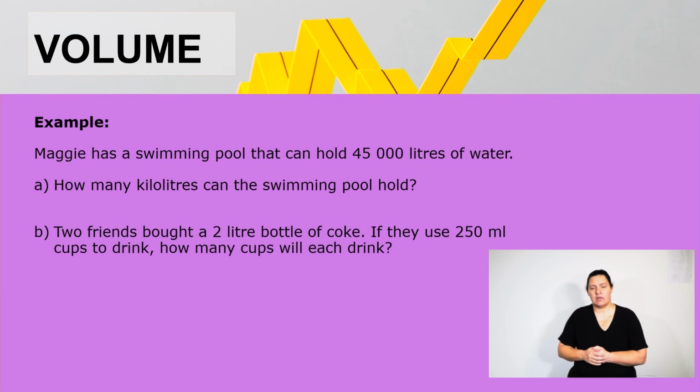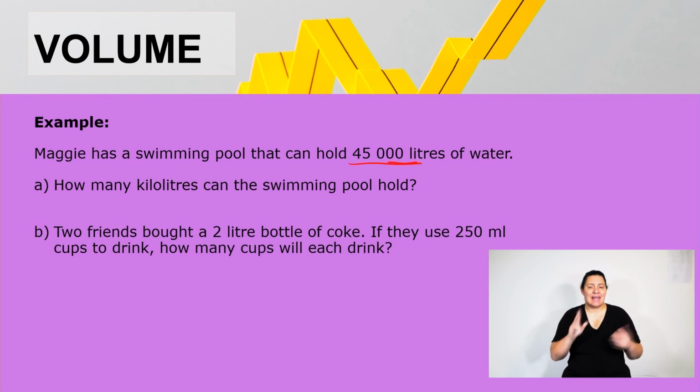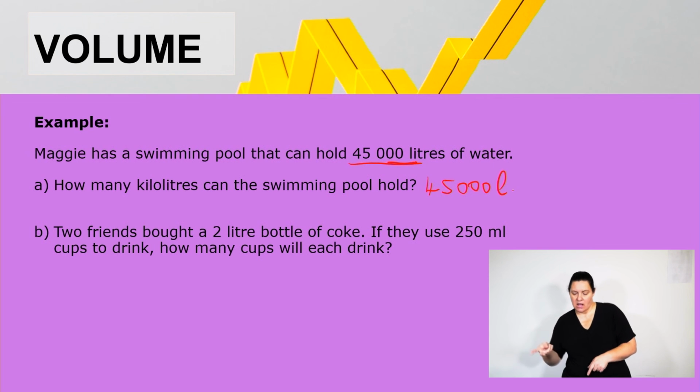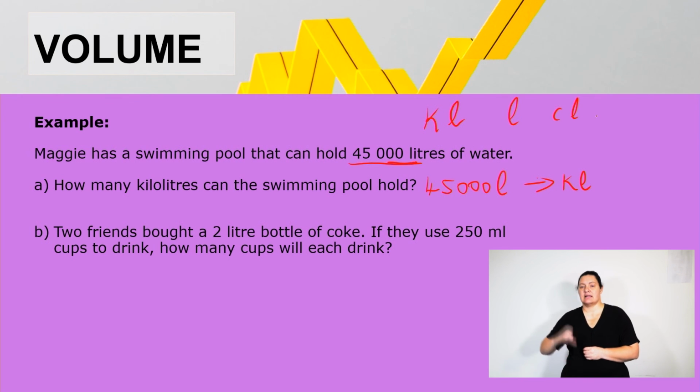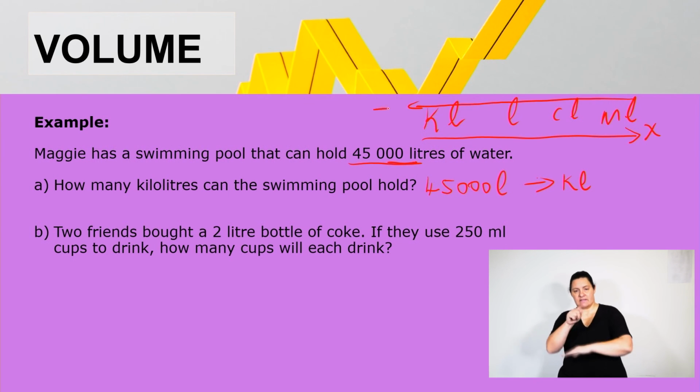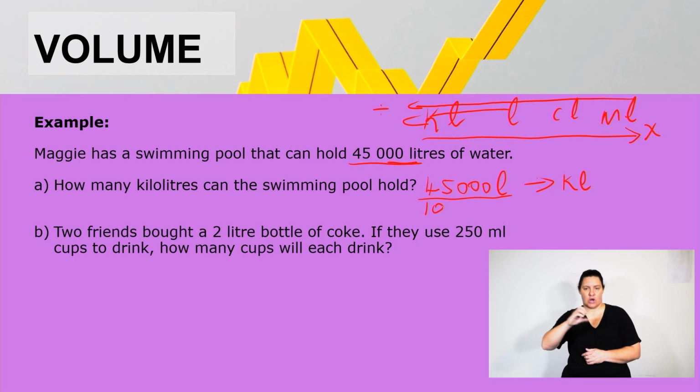Here is a question. Maggie has a swimming pool that can hold 45,000 liters of water. How many kiloliters can the swimming pool hold? In other words, we are required to convert 45,000 liters to kiloliters. So remember here we have kiloliters, liters, centiliters, and milliliters. We multiply going one way, and going the other way, we divide. In this case, we want to convert liters to kiloliters. So we're going to divide. We're going to say 45,000 divided by 1,000. This gives us 45